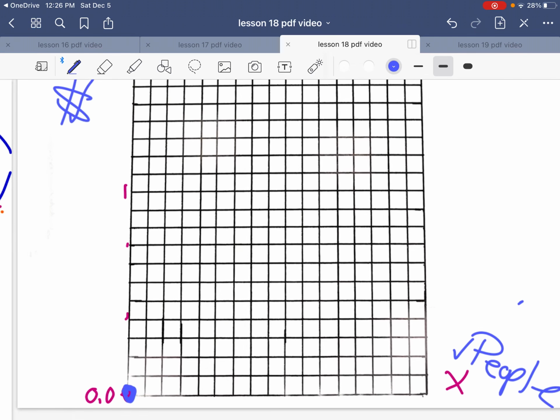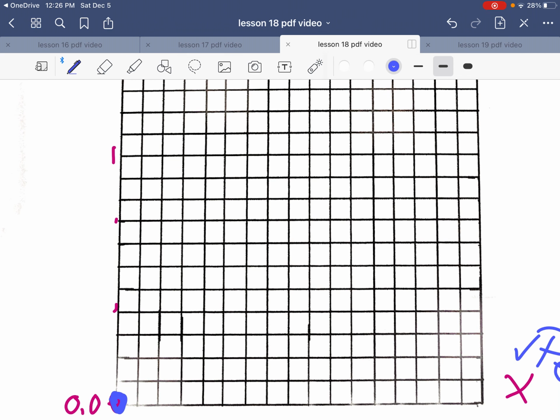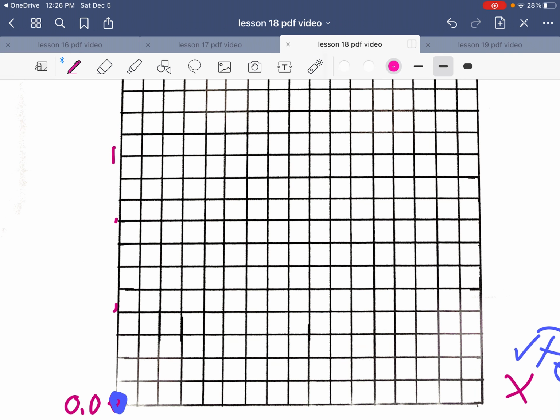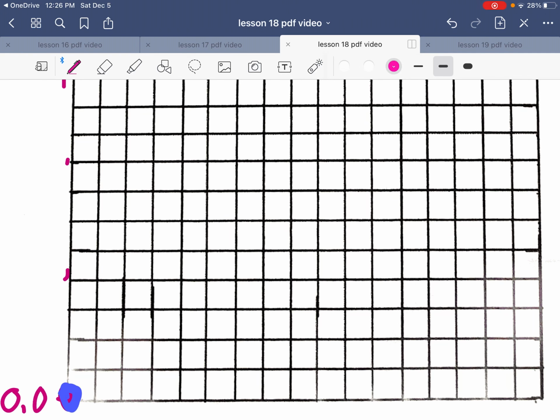50 to 200. So if I just make this a little bit bigger, I have to graph from here to here, and I want it to fit 50 to 200. I cannot just plot those numbers only. I have to scale it. Now I'm going to be really tiny here on the bottom because I don't have a lot of space, but